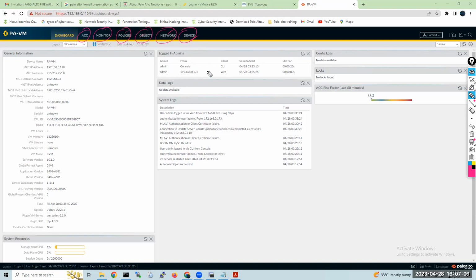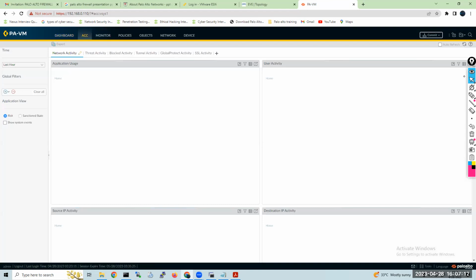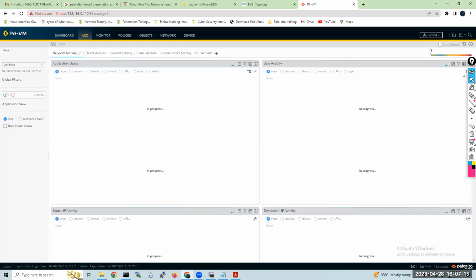Right now we are dealing with only one firewall. There might be a lot of firewalls in your organization. If you click here, we can see the ACC. We have not configured anything here. We can see bytes, sessions, threats, connections. All these features you can see: sessions, threats, content, URL, users, policy, whether we have done any policy, like monitoring.